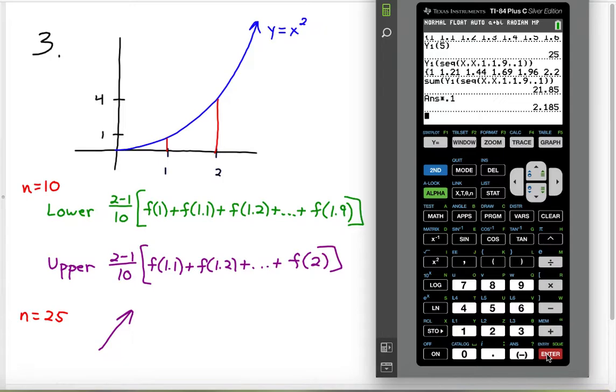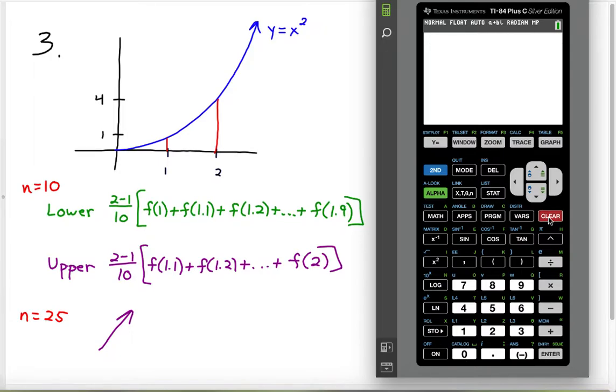Now that seems like a lot of work. Maybe we can streamline that. So now I'm looking at this green calculation, and I'm going to do 2 minus 1 is 1 divided by 10. So 1/10, 0.1, that's the width of each rectangle, times, what I want to do is sum up,